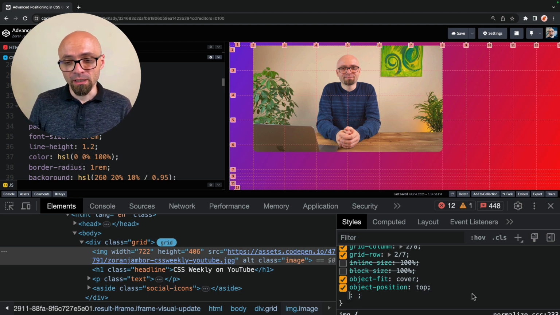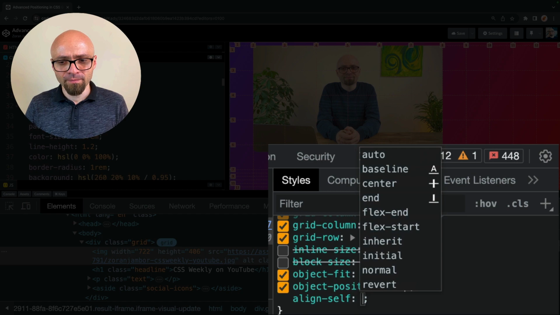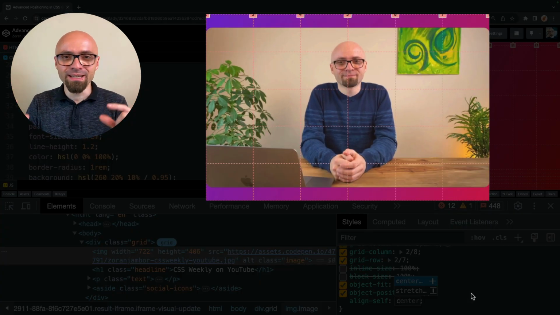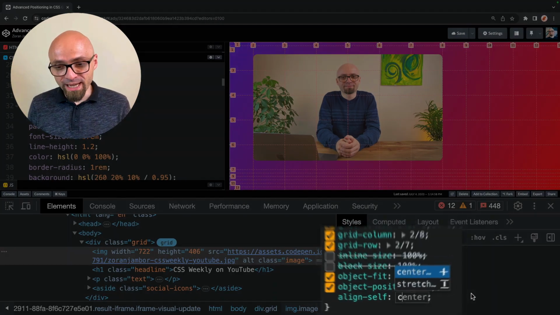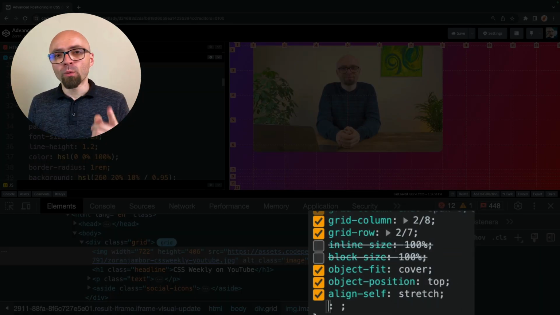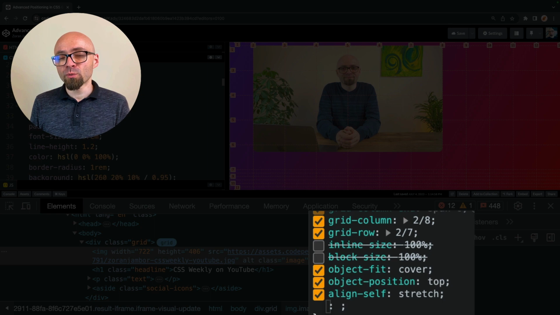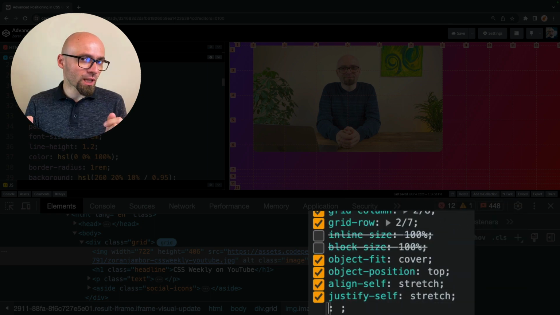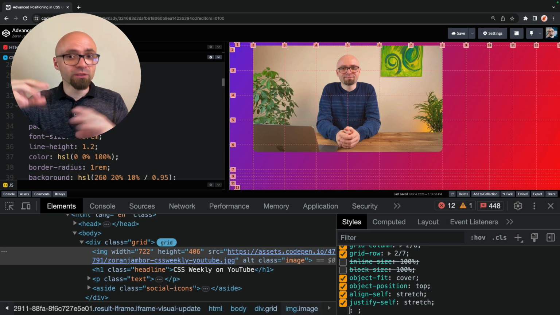So let's first do the align self, and let's set it to center. Now see that the content of this grid area is centered vertically, but what we can do is actually stretch it, and we want to do the same thing for justify self. We also want to set it to stretch. Justify self stretch, and this will now stretch the contents of our grid area horizontally and vertically to fill entirety